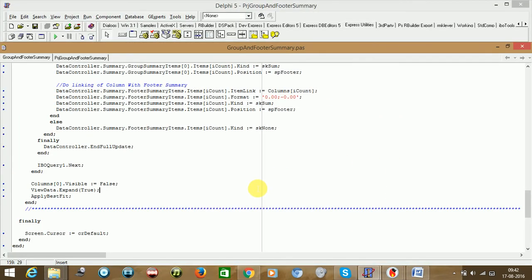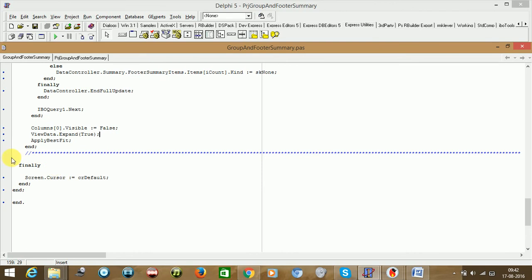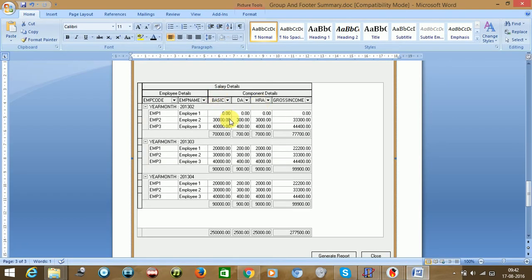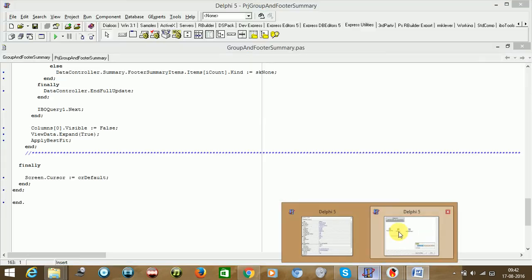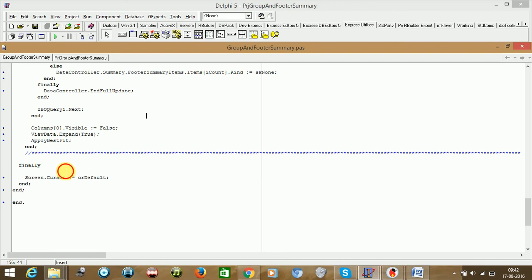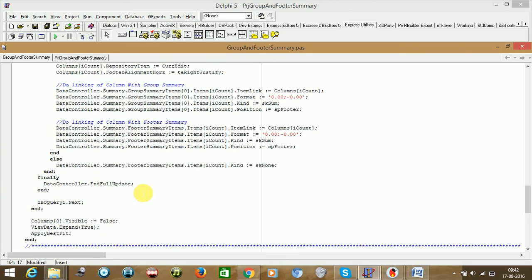So it's very easy. We did it in a dynamic way. Why did we do it in a dynamic way? Because it's a payroll program, so different organizations have a number of components, and the components vary. So you need to create these columns dynamically. And when you are creating dynamically, you need to write the code dynamically also. So I think this is what I was talking about.